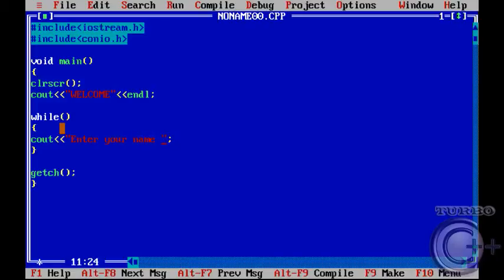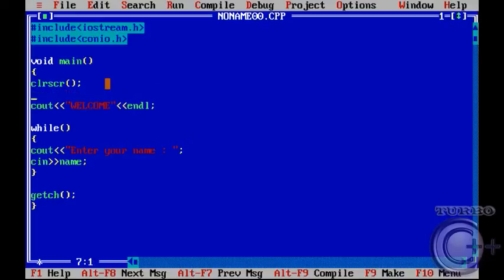I'm asking the user to enter his name, and then we have to get input, so we are going to use cin name. Name is a variable, and we have to declare a variable named name, character name, and 20 is the maximum letters that he can use. Now we are asking the user if you want to enter more, so we are going to display cout